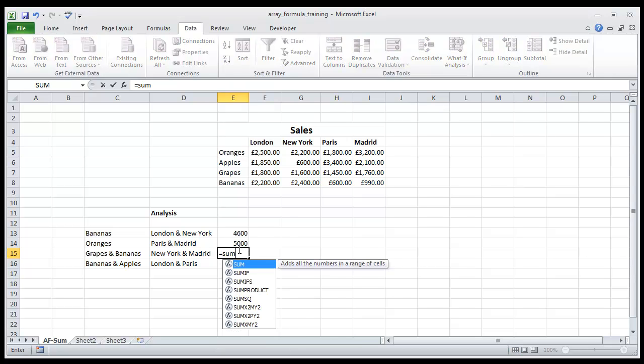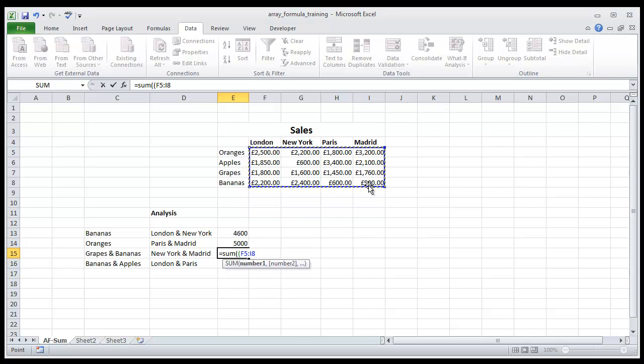So equals sum, and we want first of all data range times, so we're going to open up 2 this time, so we want our data range, and we want in this case it to equal grapes or bananas,